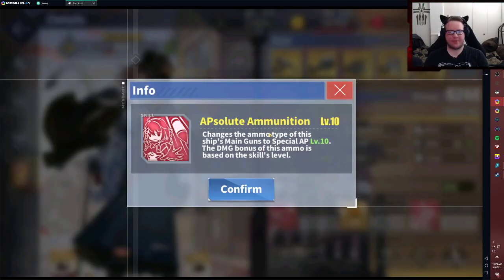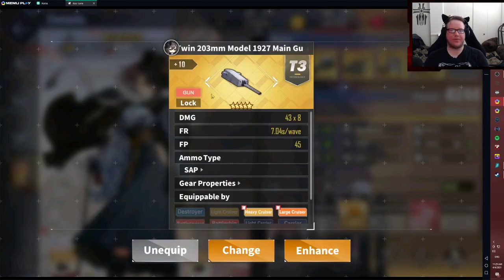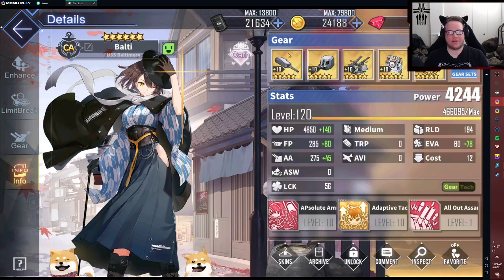Your first skill is Absolute Ammunition. Changes the ammo type of the ship's main gun to special AP. The damage bonus is based on the skill. Why this is really good for her is the Twin 203 Model 1927 main gun that we got from the French rerun. Even though this is semi-armor piercing, Baltimore has the ability with her Absolute Ammunition skill to armor break an enemy and turn this into super heavy AP ammunition,